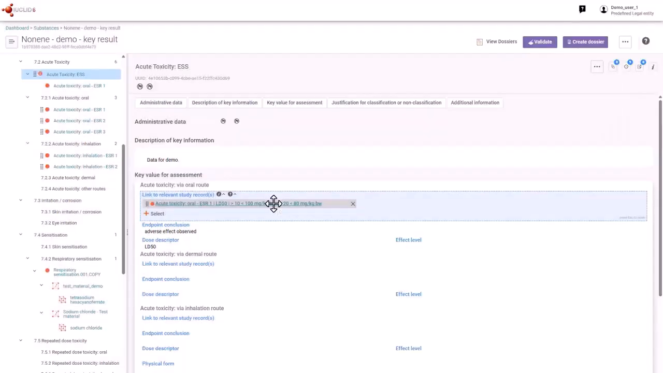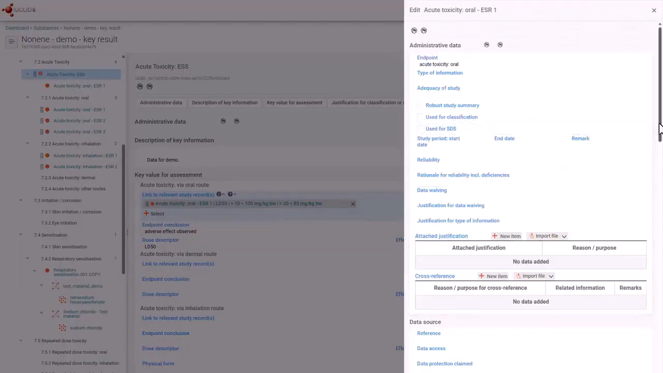Note that if only one row is available on the record, it is shown as a key result even if key result is not ticked. To show that, I will open the record again, scroll down to the data for effect levels,